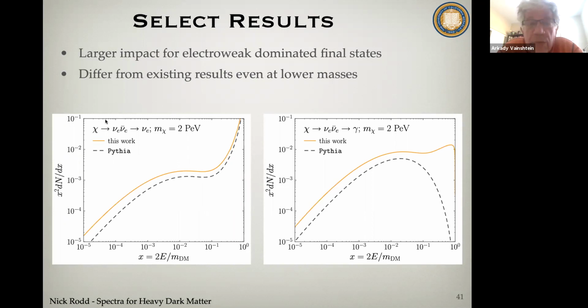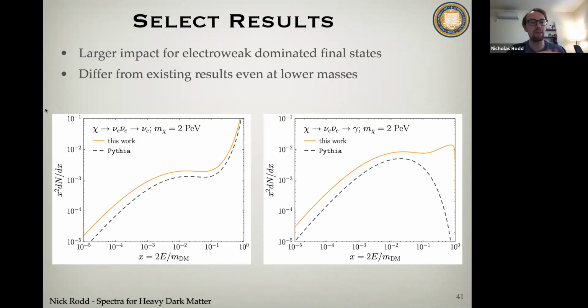Does it imply that it's just a vertex, chi goes to neutrino without any details? Yeah, good. You could imagine also calculating higher order corrections to that initial decay. At the level at which we're calculating, those are irrelevant. At higher order, you would need to be careful that you don't double count them in the showering. A similar issue appears in Pythia: if you're doing higher order matrix element calculations, you need to think carefully about not double counting things. So at the level we're operating, this is some future work. Fair question, thanks.